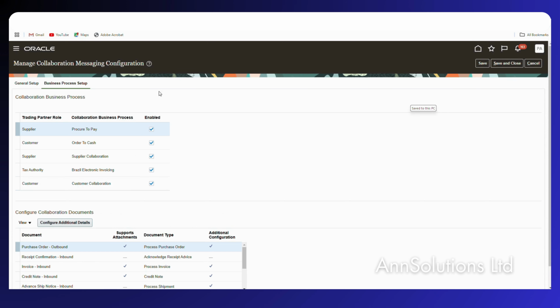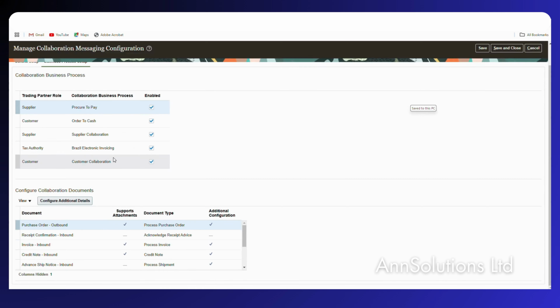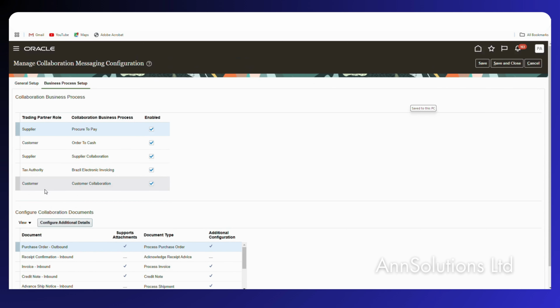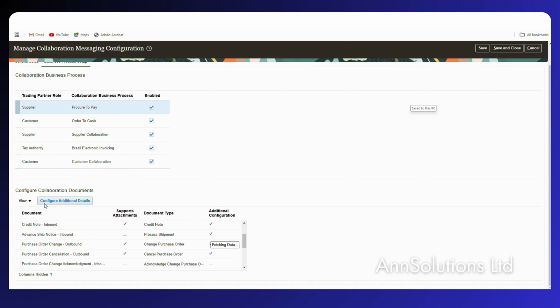Now, if you see a business process setup, you can enable whether I want to send supplier, procure to pay, customers, supplier, tax authority, customer. So these are the trading partner roles, basically. Now configure additional details means, when you're saying supplier, it will show you what all you